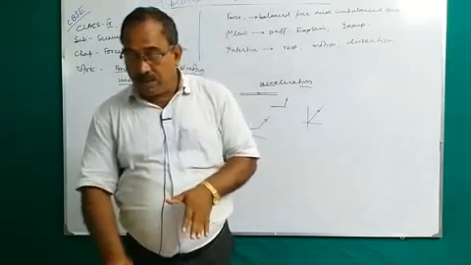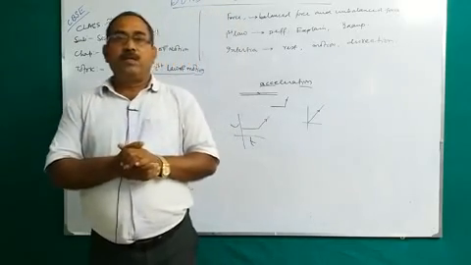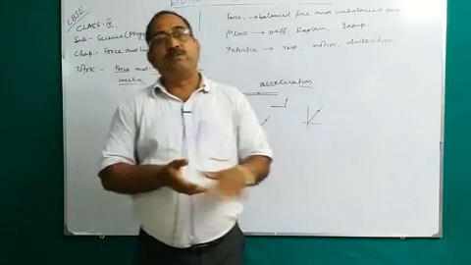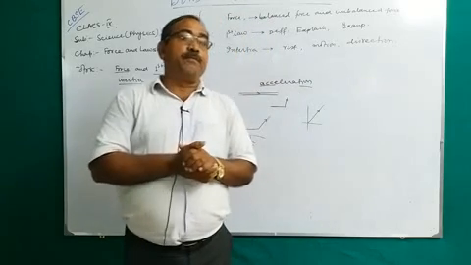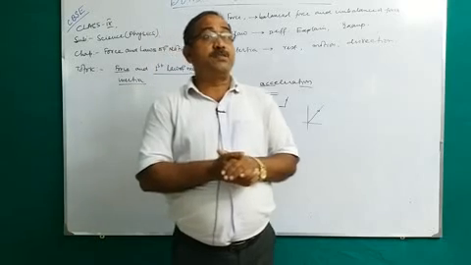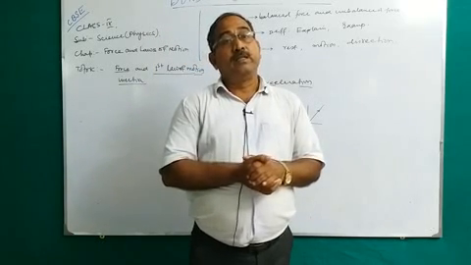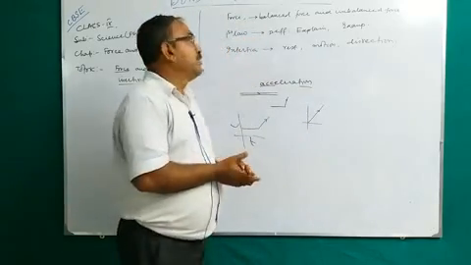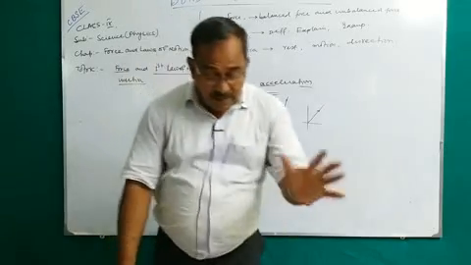Means, if the object is at rest, it will try to stay at rest. If the object is in uniform motion, it also tries to stay in uniform motion. Okay. If any kind of unbalanced force acts on this object, the object cannot change its position. This is the inertia. This is the inertia.